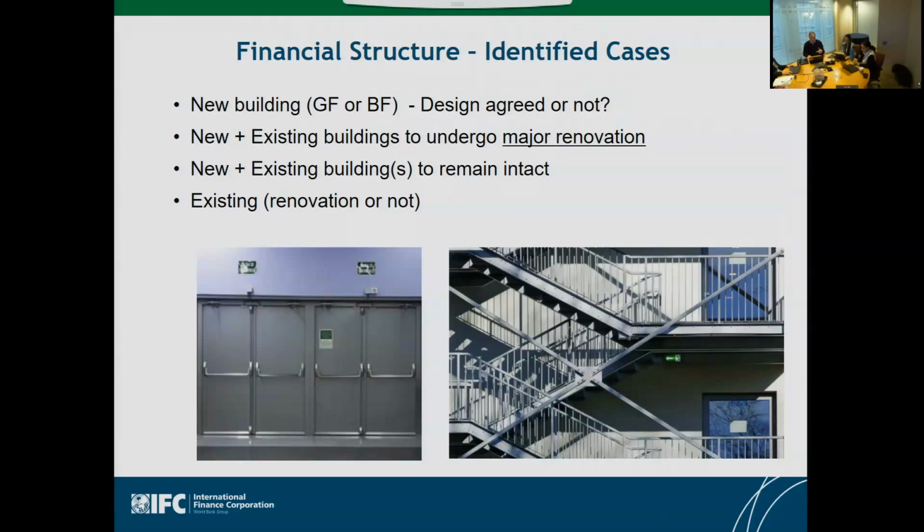Now, getting to the financial structures that we normally identify at IFC, you can see in the slide, normally we have these four typical cases. One case is when the proceeds, or the money, goes to a new building, with the design being agreed or not, or you have a new building with existing buildings to be renovated, or a new building with existing buildings to remain intact, or only existing buildings that are going to be renovated or not. All these cases have particular challenges, and they have to be seen independently in some cases,